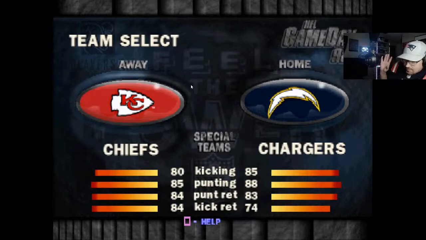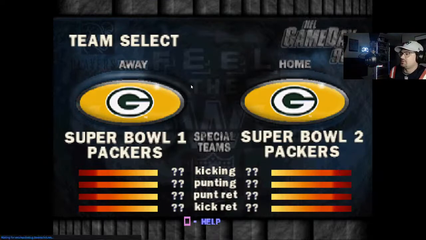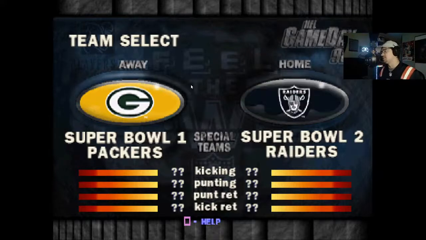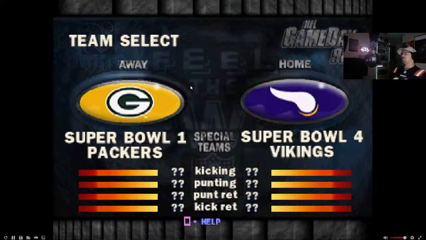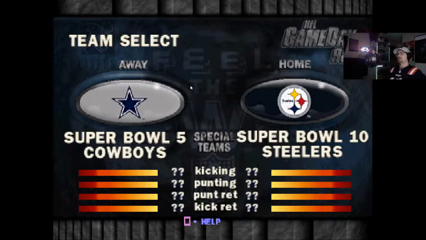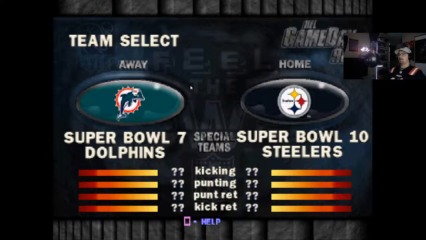Just like the Maddens of old, they have history rosters, you know, with ratings and stuff like that. If you want to get to the special rosters, you press up for the aways and down for the homes. And you still have to push R2 or R1 and L1 to change the team. So you can get Super Bowl 2, Super Bowl 3, Super Bowl 4. Interestingly enough, right here, this Super Bowl 7 Dolphins is the undefeated team. So they're in the game.